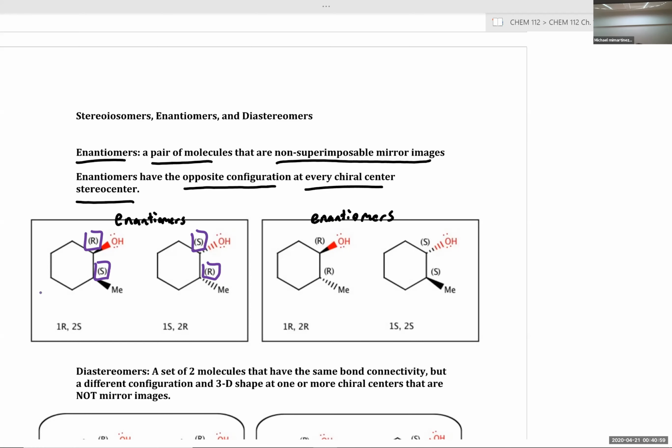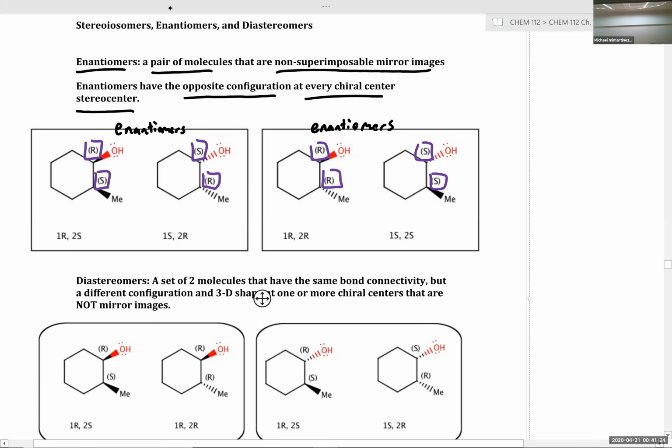Exactly right. You can identify enantiomers by looking at each stereocenter and verifying that the configuration at each stereocenter is the exact opposite in the enantiomer. So for example, we go from RR to SS. Okay. Now,